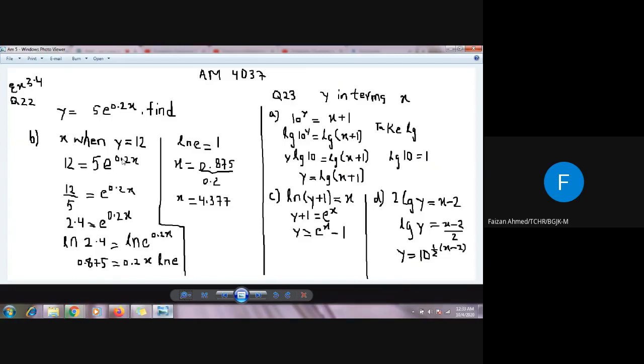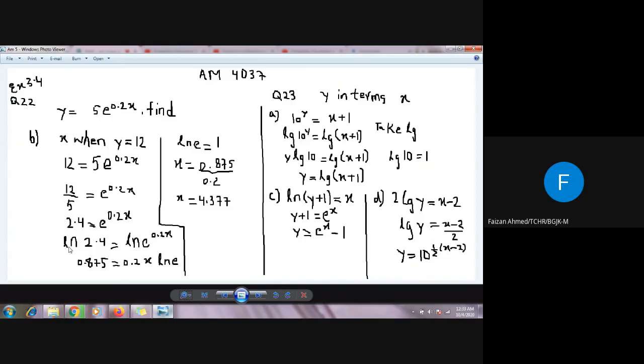I know that this 5 is being multiplied, so it will get divided on the other side. 12 divided by 5 will be 2.4, and this e to the power 0.2x will remain as it is. Now I have to bring down this power because I have to find the value of x. So e is there, so I can take ln on both sides. This will be ln 2.4 equals ln e to the power 0.2x,